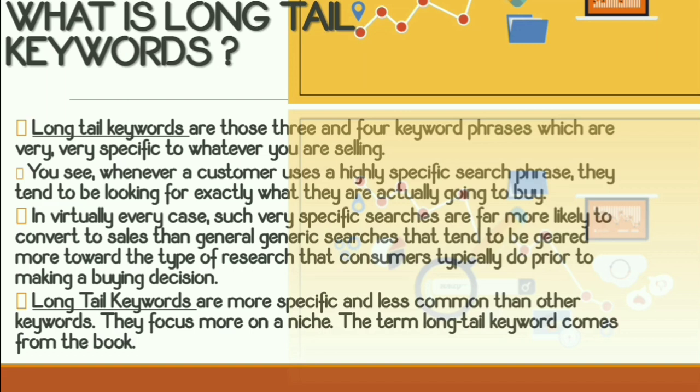decision. Whenever you go to purchase something, many a time you are very precise, you are very specific. Suppose you want to purchase a shoe and you are very sure that the color of the shoe should be black, the lace of the shoe should be brown. So if you are very precise, then definitely you are going to search for that product only. You will not waste your time searching for white color shoes or navy blue color shoes. Okay, so this is how the long tail keyword works.